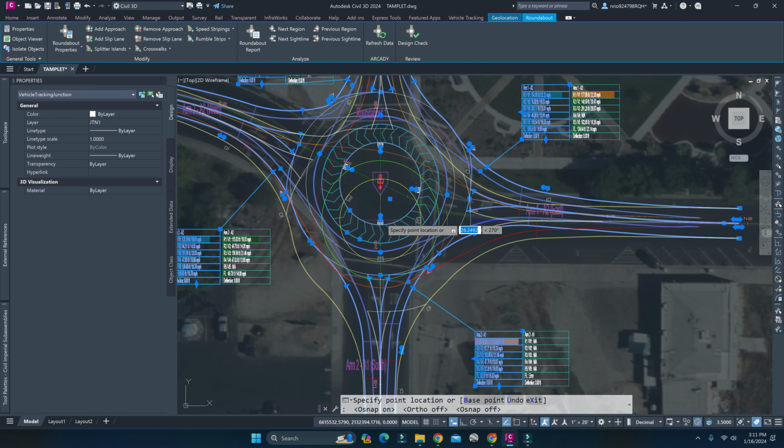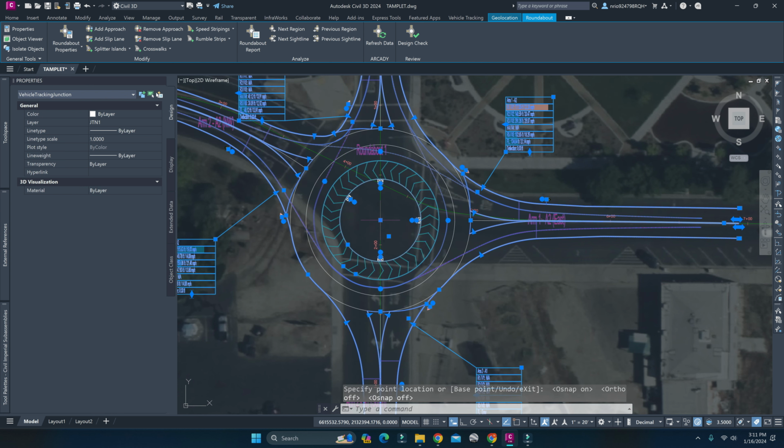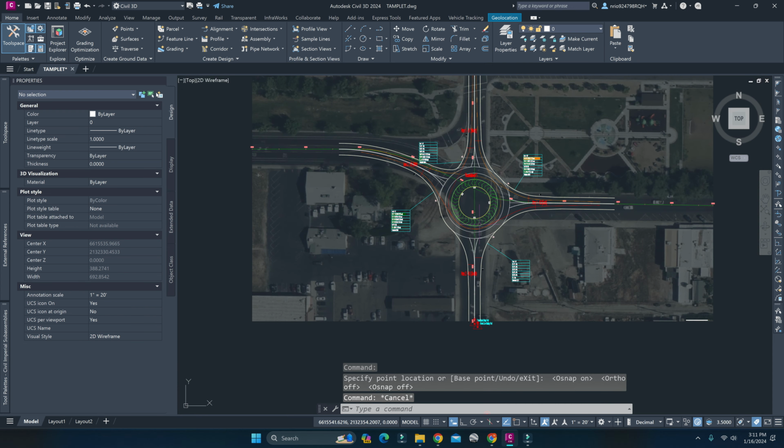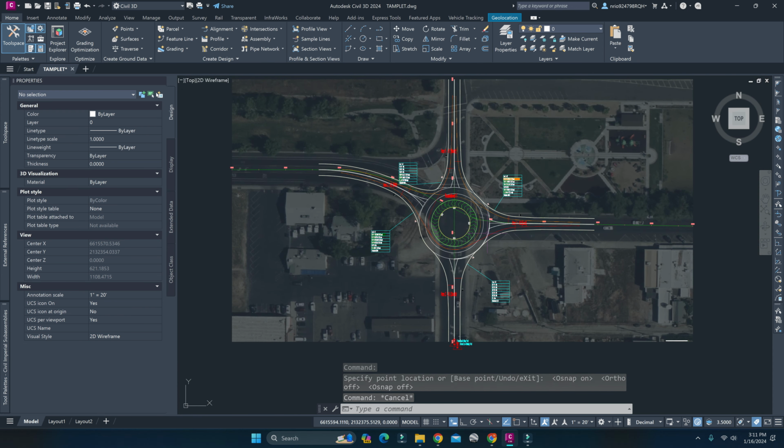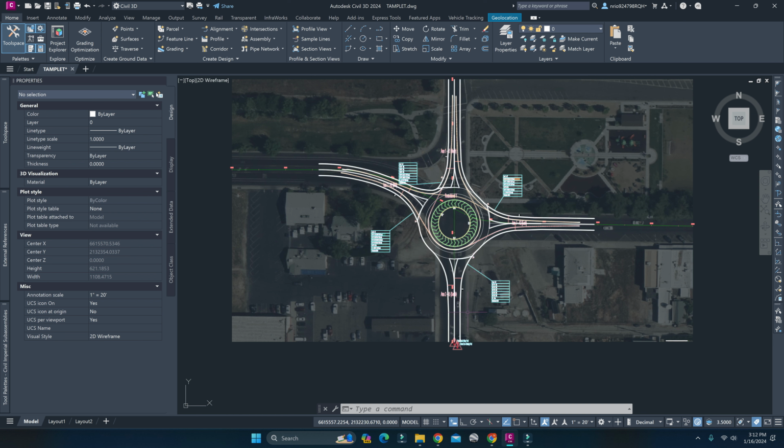I think it should be here, the roundabout. I think that's where the best fit would probably be, because it's straight here, straight here, straight here, and we have this